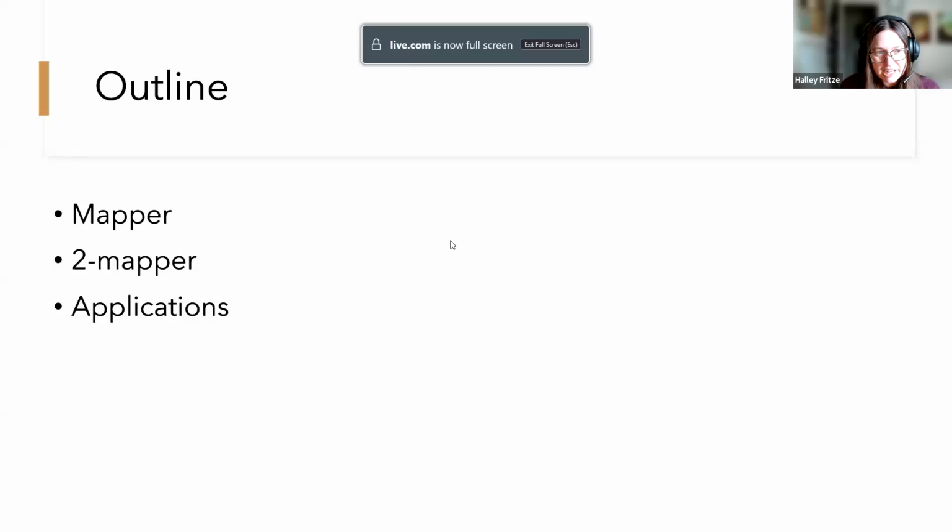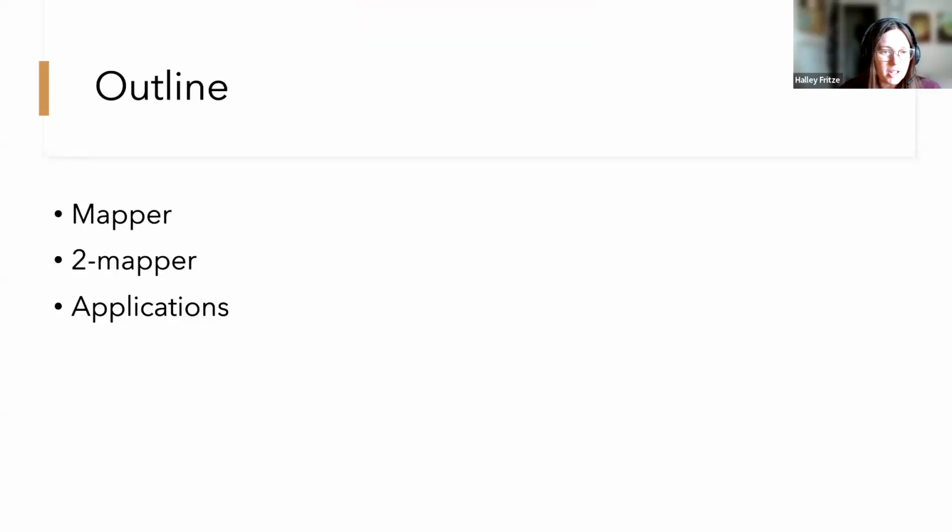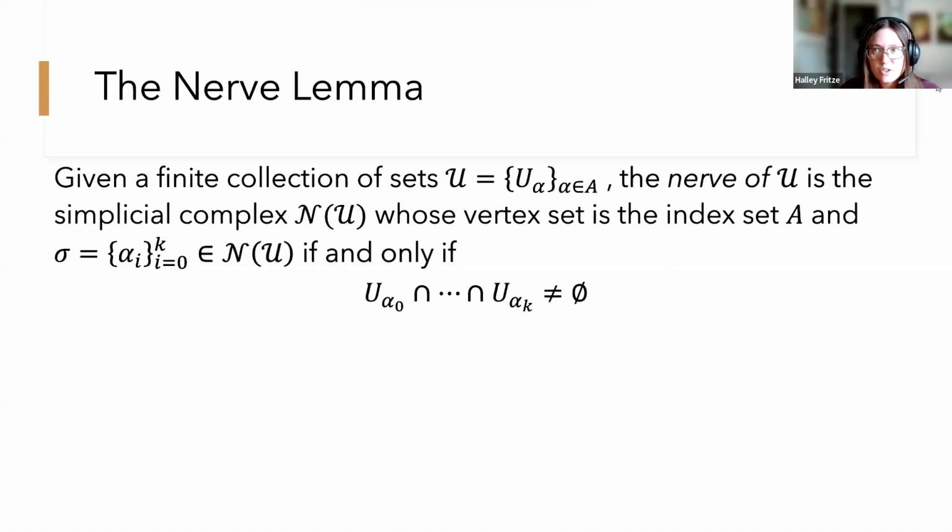So a little bit for today: a lot of my work is based on this higher dimensional construction of mapper. So we'll first introduce what that is and how it is used. Then we'll introduce the concept of two-mapper, and then we'll look into some mapper applications that I have sort of geared towards climate science. Yeah, so first, before I get to mapper, I want to first introduce sort of the